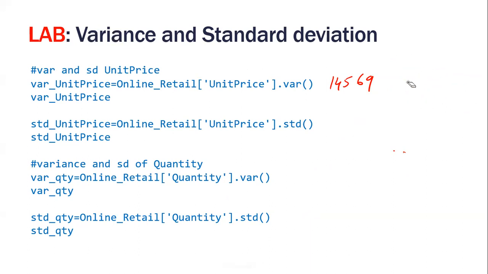Do you agree with me? A simple measure like variance or standard deviation or a mean may not be used completely just to build a single strategy in the business. Yes or no? These are useful for understanding your data. You have to analyze the data further and further. Finally, you build a strategy.